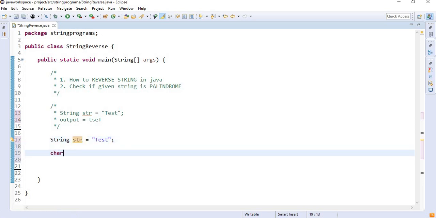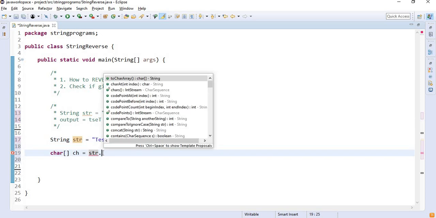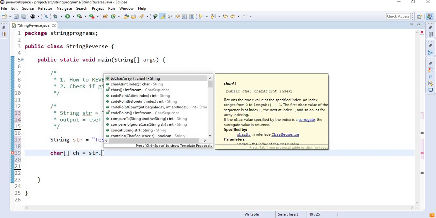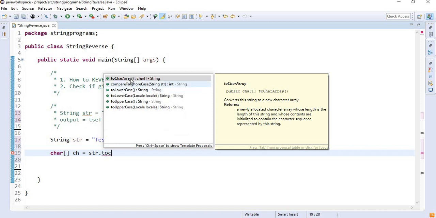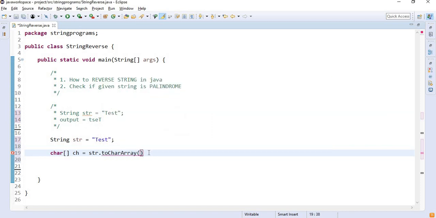To do that we use the char data type and then an array variable name, and then we call the toCharArray method, which converts my string to a character array.